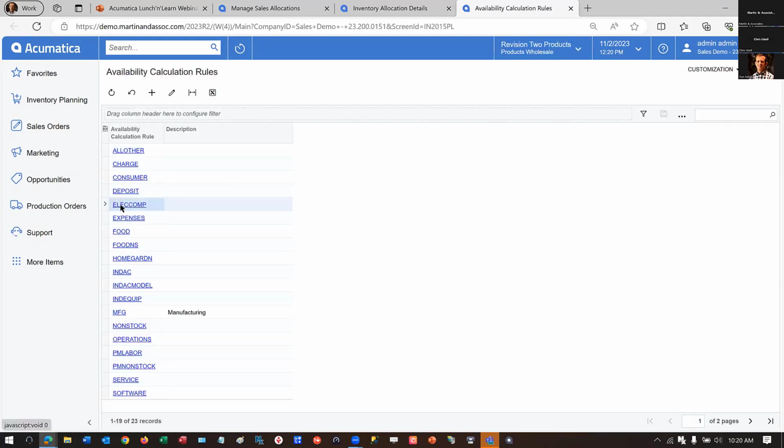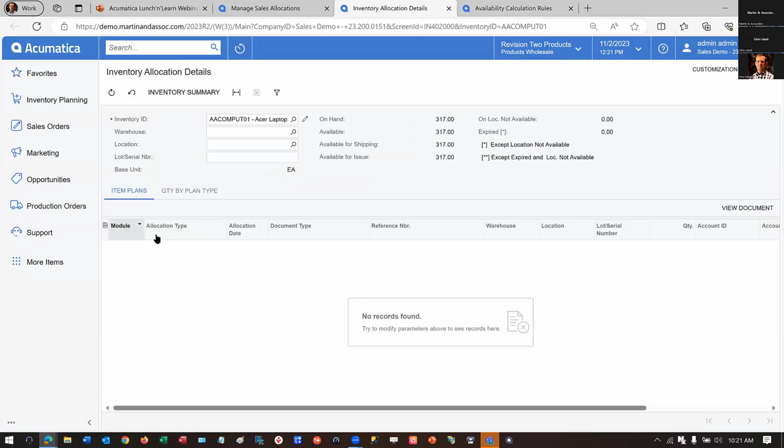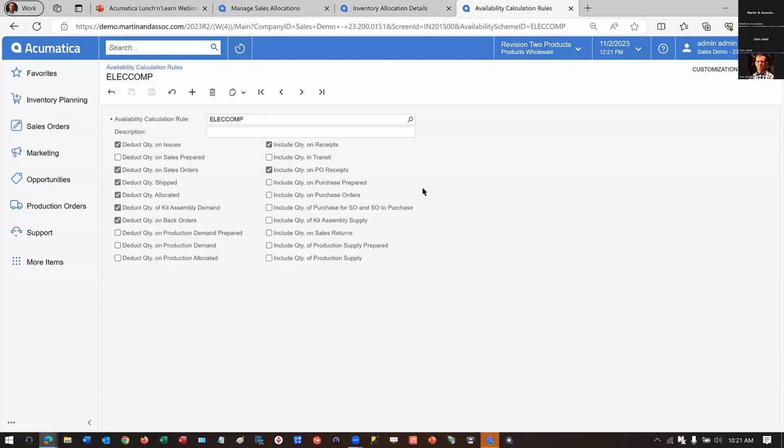And let's just pick one here. All right, so those allocations that I was just going through, we elect often on a per inventory class or for all items. It just depends on how you have the availability calculation rules established on inventory classes or item classes. We basically have